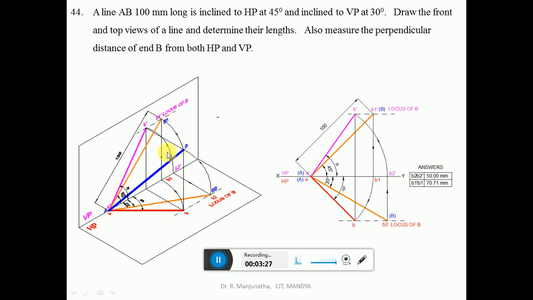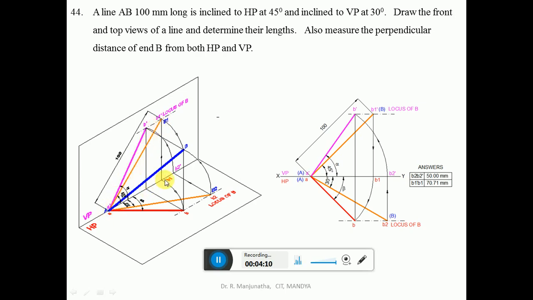But how to do it manually? That is, how to do it in the horizontal plane. We know that this is the true length in VP. So obviously that line should be parallel to VP. To see the line which is parallel to VP, I have to look from the top view. When you look from the top view, A is in VP. So obviously B1 should also be on VP. So when you project this point B1, the B1 will also come on the vertical plane. So you get this B1 here. So AB1 is parallel to VP. As AB1 is parallel to VP, you are getting the true length here.